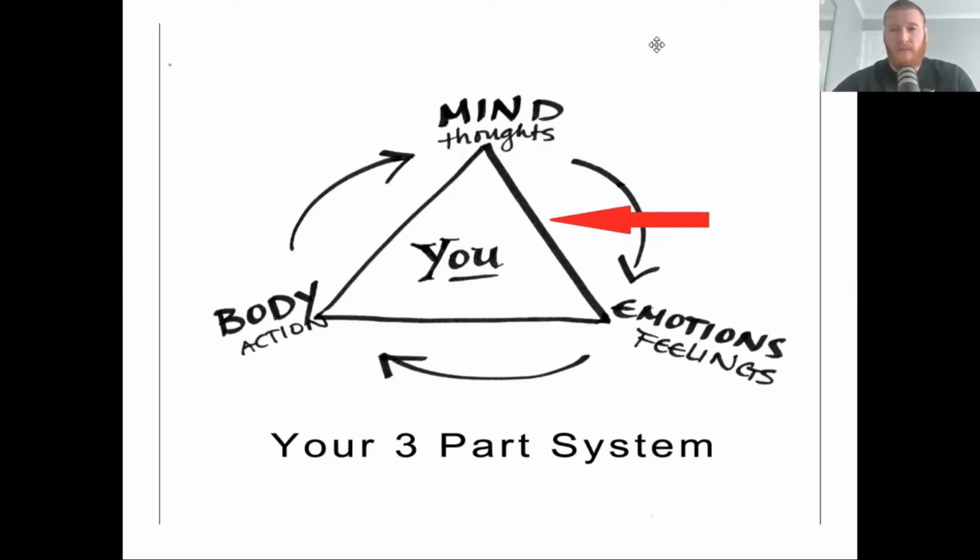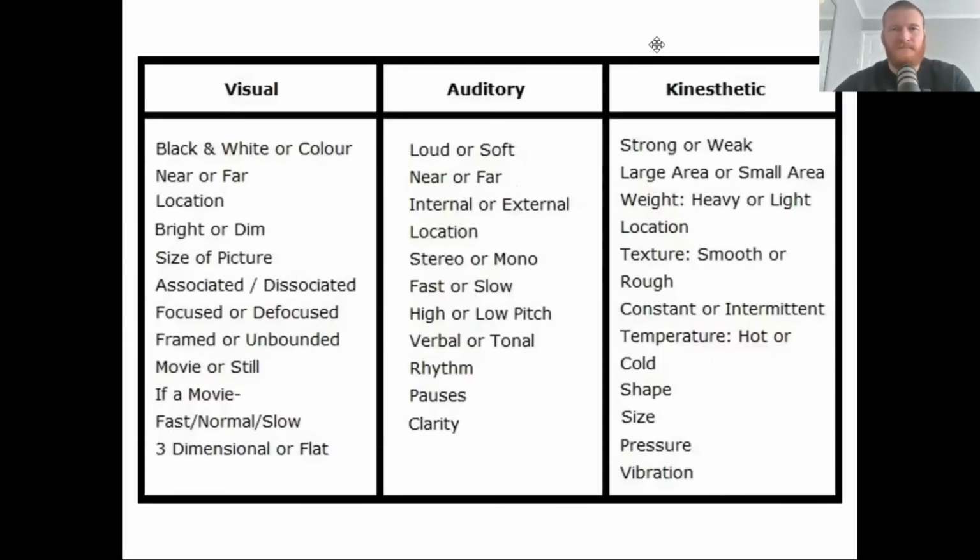So you've got those different variables, all the six senses. When I say internal representational systems, I just mean the six senses. So you've got these six senses, but now we can look to play with those images. I'll show you what I mean. So here's just a little list, and we're going to refer back to this when we come to do the little example in a bit. So with the visual aspect,